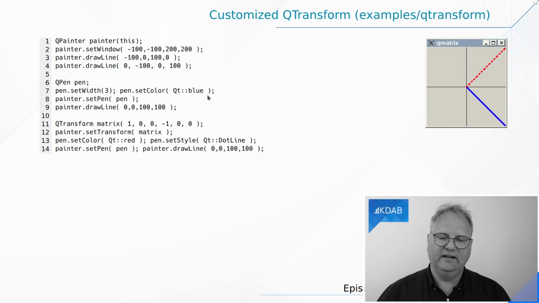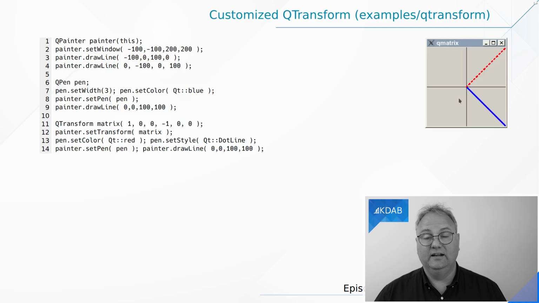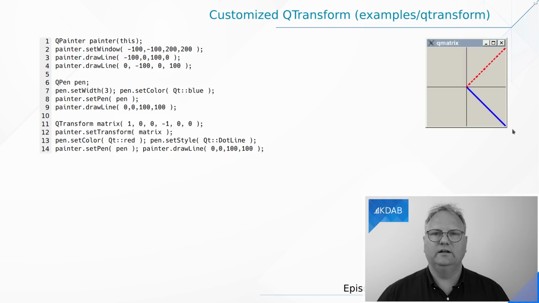And now I'm setting a pen to be blue, and just in case that you're colorblind, I'm also setting it to be solid, so it's this pen down here. I'm drawing from 0, 0 to 100, 100. That goes from here down there, because our coordinate system on the y-axis goes downwards.